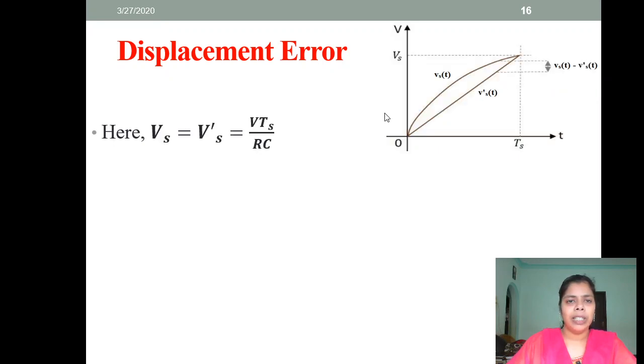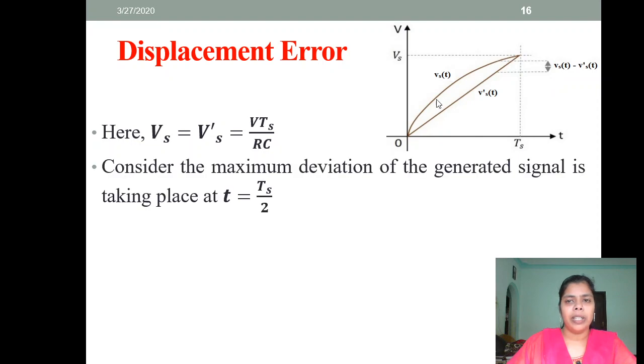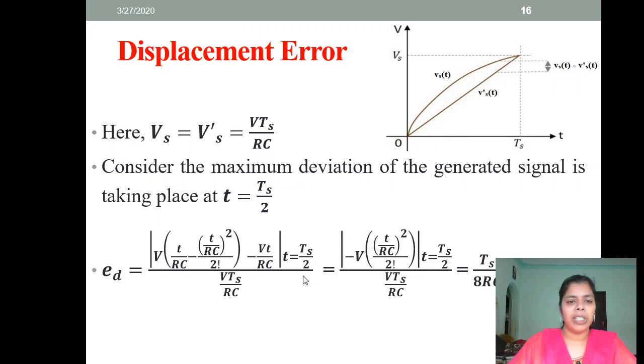This is calculated as follows. At t equal to Ts, Vs of t is equal to Vs dash of t, so it is taken as Vts by Rc. Here we are assuming that the maximum deviation happens at t equal to Ts by 2. So when we consider the maximum deviation,